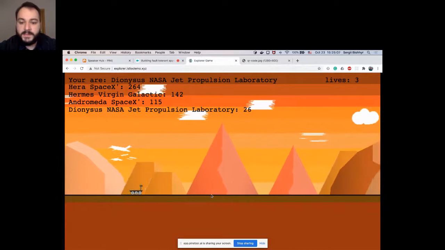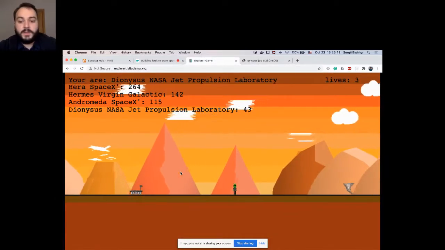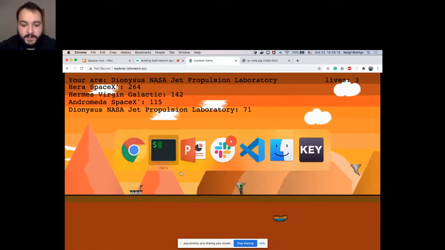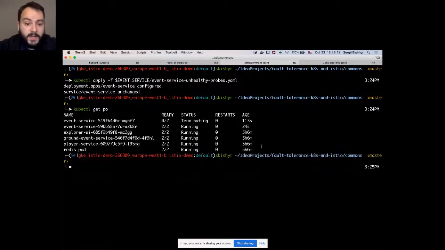There are no events because the application is still crashing. Let's continue. But if we take a look at our services, we can see that Kubernetes actually terminates the one which fails and runs a new one, because using health checks it can notice that the service fails.